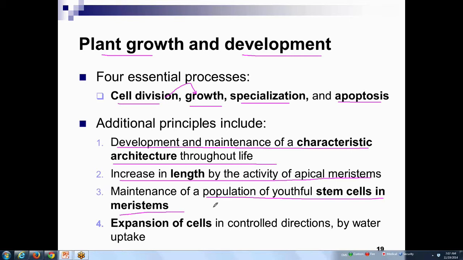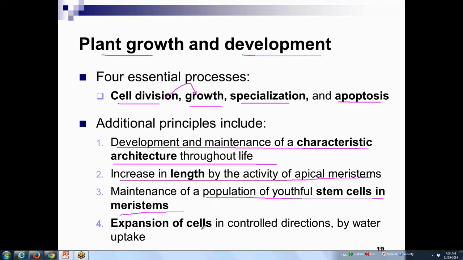And that will always be present in your plants as long as they're healthy. All right? That's very different from an animal. We have youthful cells when we're young, and then we basically sort of maintain through mitosis, replace worn out and damaged cells, etc. But plants continually grow throughout their lives because they always have these youthful, undifferentiated cells, unspecialized cells